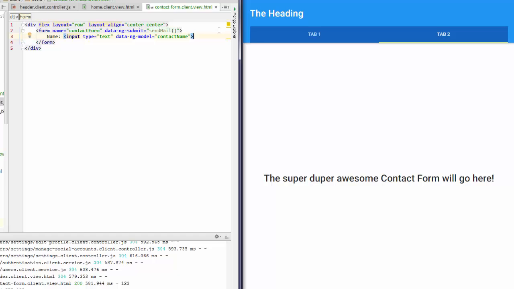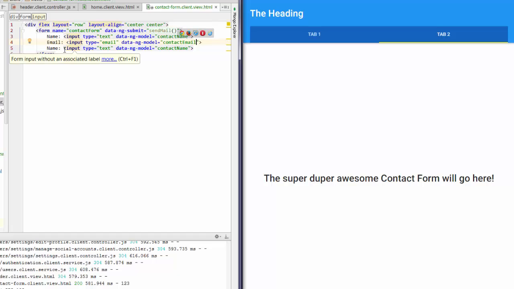We're going to do that a couple of times, so I can just copy that, 2 and 3. So the second one, say that's email with an input type of email, and contact email will be the model.